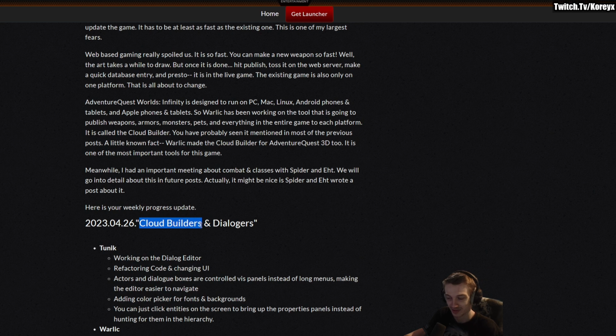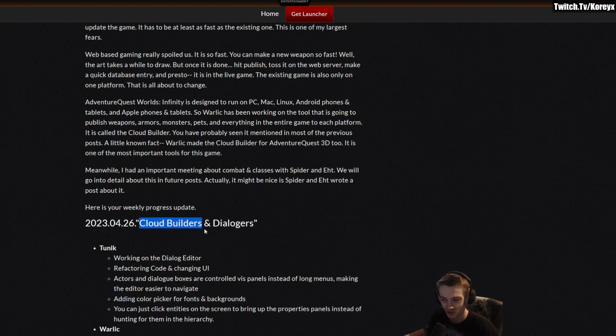I don't know exactly, I'm guessing this means that they're just going to upload it to where the files are held for the game, because the game just loads in files. When you play AQ Worlds, you don't actually download the game onto your PC or wherever you're playing it on. They just kind of get streamed in, the same way you stream a YouTube video. You're not downloading the YouTube video to your device, right? It's just getting loaded in as you need it. Just like when you go on YouTube, you're not loading all of the YouTube videos on the platform, right? You're just loading up the one that you're watching at that moment. So it's kind of how AQ Worlds works.